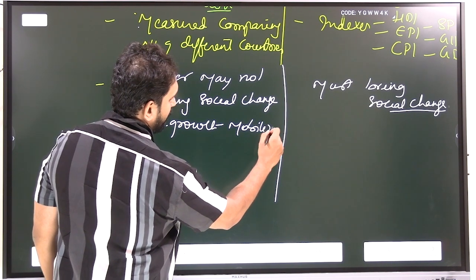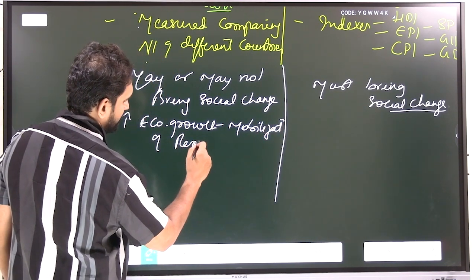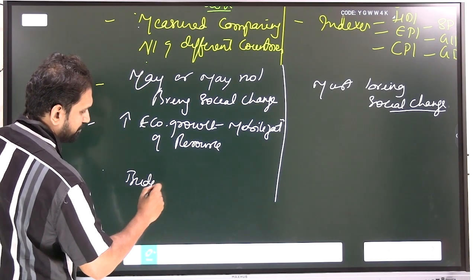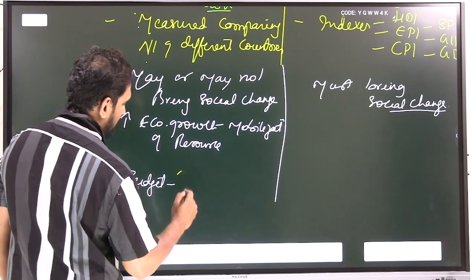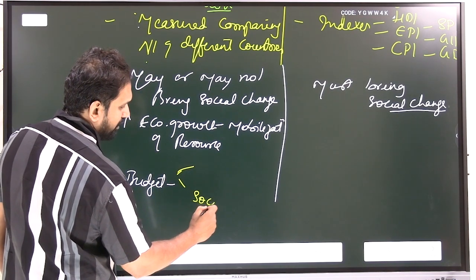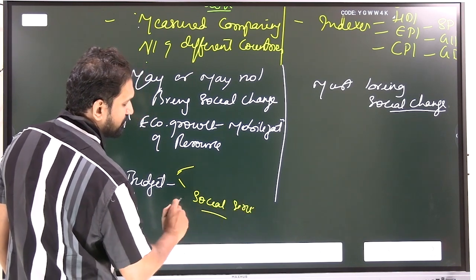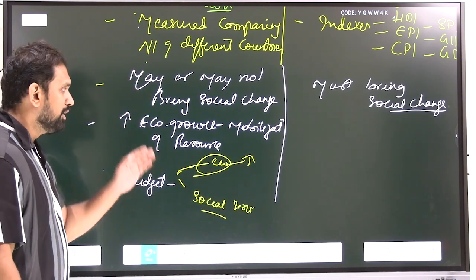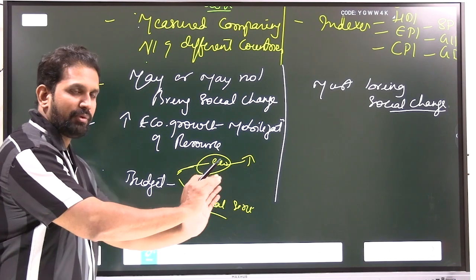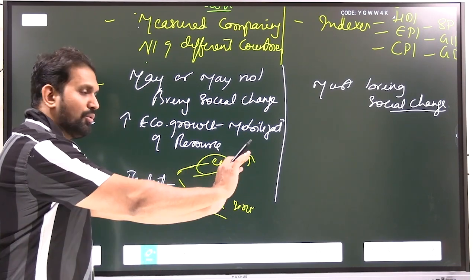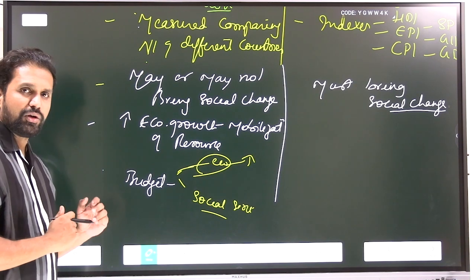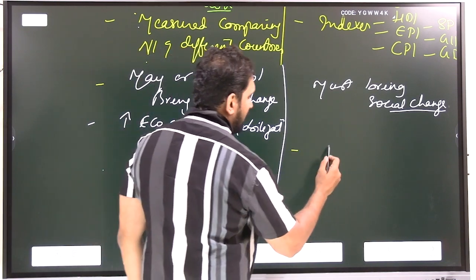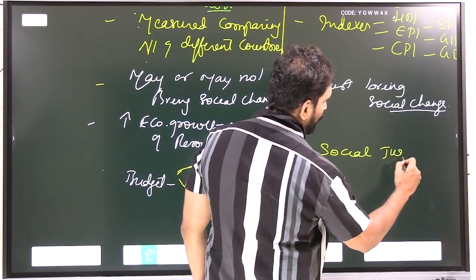To increase the economic growth rate, you just have to do one thing: mobilize the resources. Means the government has the budget. In the budget, if the government does not give to social services like education and health, and gives only to the economy, obviously the economy will increase. Right or wrong? So if you just mobilize money, water and electricity towards the economy, economic growth will automatically happen. It's very easy. Mobilize the resources, economic growth will happen. But for economic development, social justice is a must.